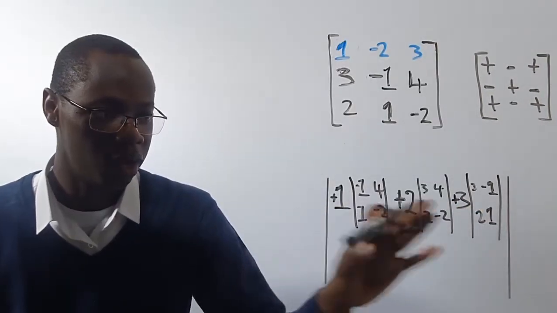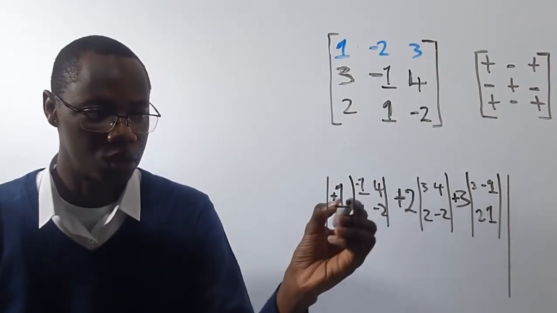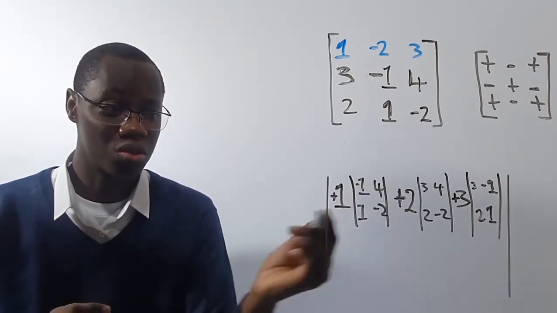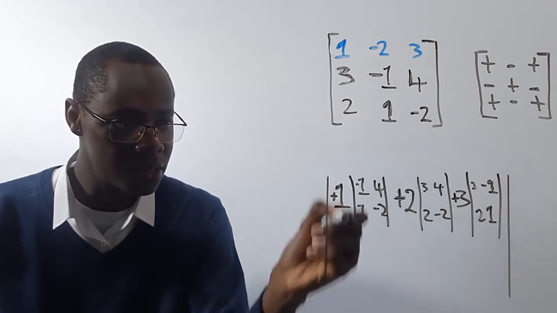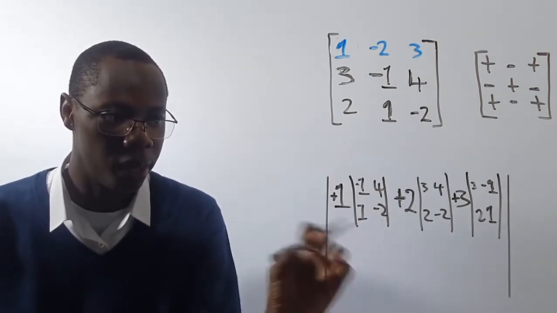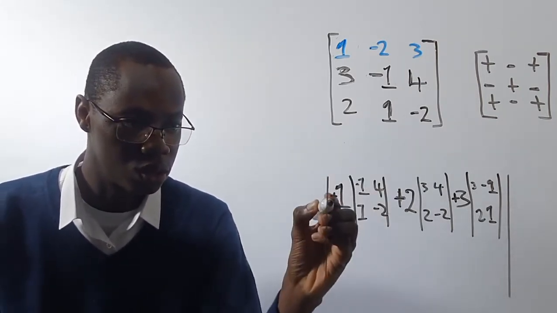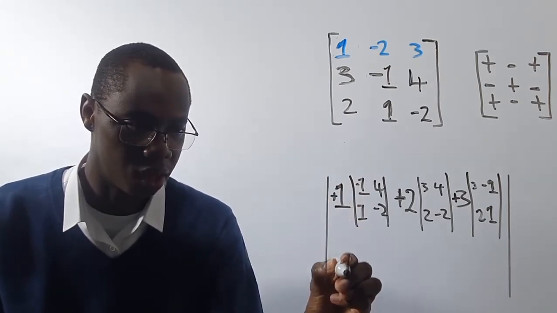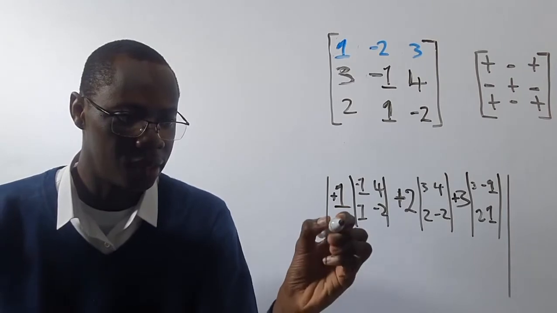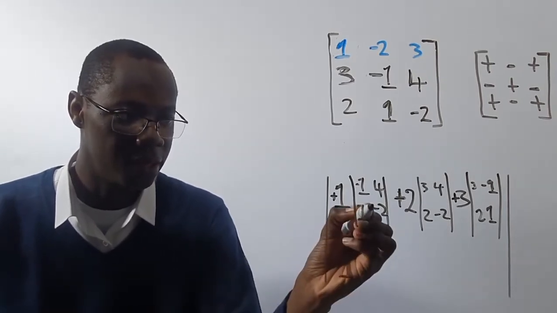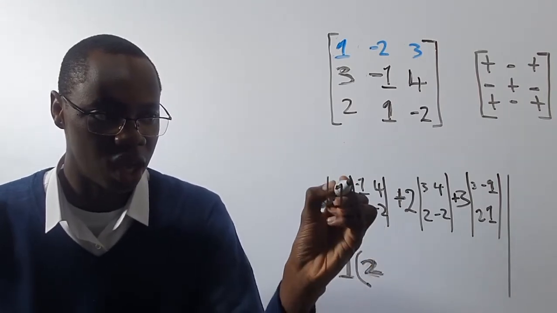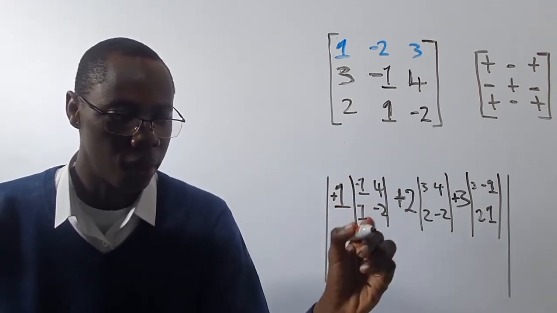So now that we have this, very easy, all you need to do now is break this down. Very easy. So every single thing is going to repeat. It's all a process. So anytime you see this long bar like this, all you need to do is just bring out this element here. So we have plus 1 outside, right? So plus 1, and then you multiply this times this, so it's 2,